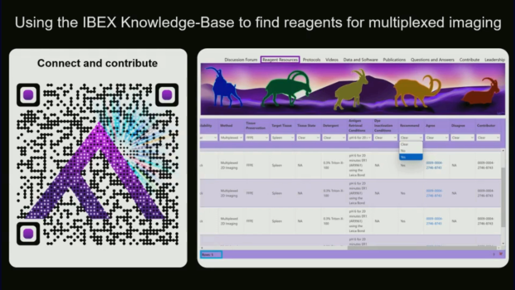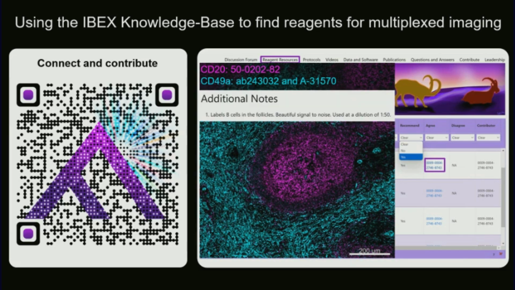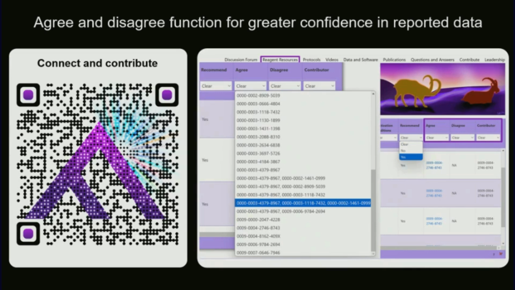And then we say, do you recommend this reagent for that workflow? And if you click on the ORCID, then it would bring you to the reference data. We really, of course, appreciate if people share the reference images and notes about how it works. And then finally, one of the things that we work to create that we could do with the knowledge base